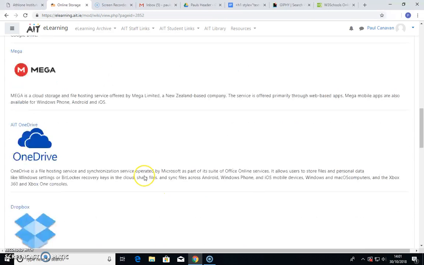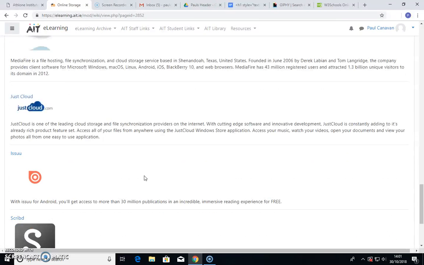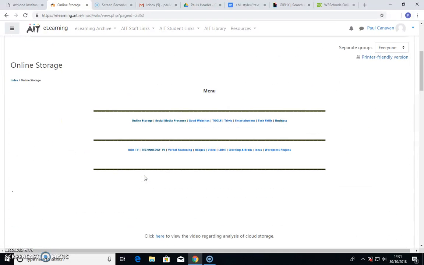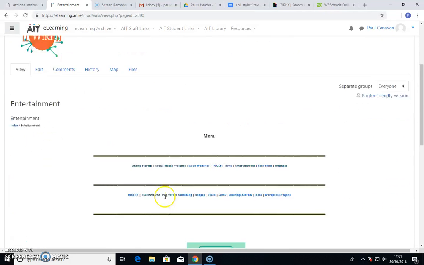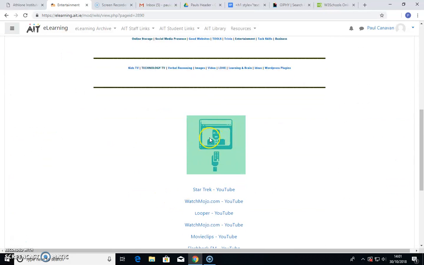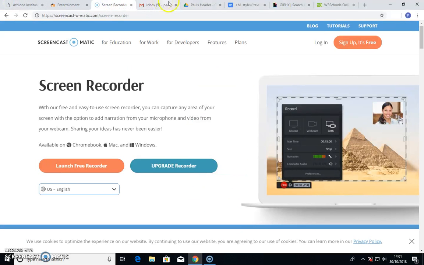Returning back to the index, if we go on to the next page, for example entertainment, as we move down the page, we can see that these animations were added in. Again, this code was all taken from our